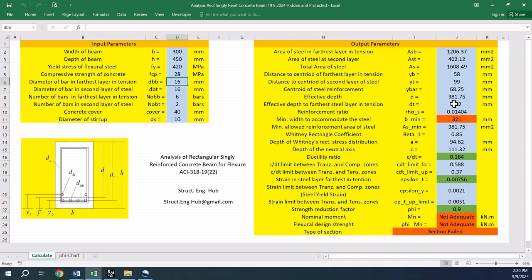The output cells display the results while their formulas and equations are hidden, all of which are concepts that we will learn here. The user can only enter the input parameters, and the template will perform all the checks, and if the beam is adequate, the template will provide the design strength value. If the section is not adequate, as is the case shown on screen, where the width of the